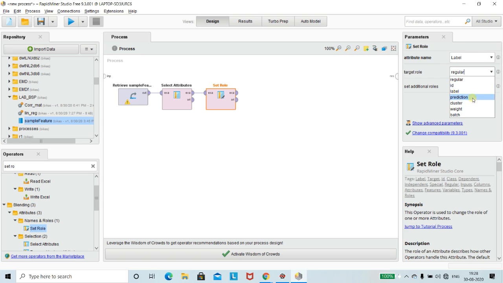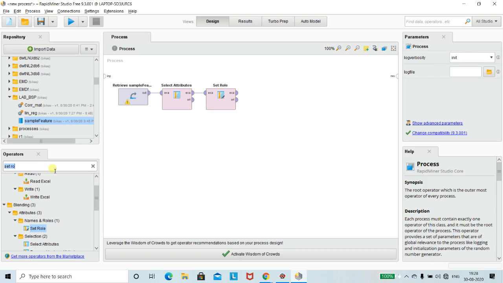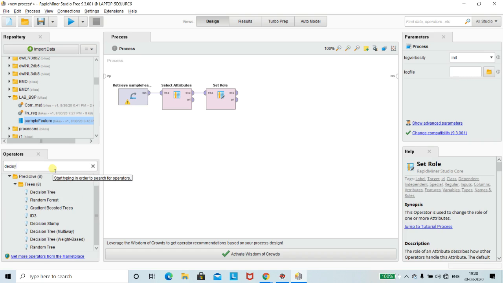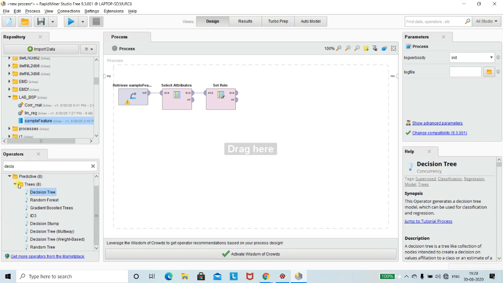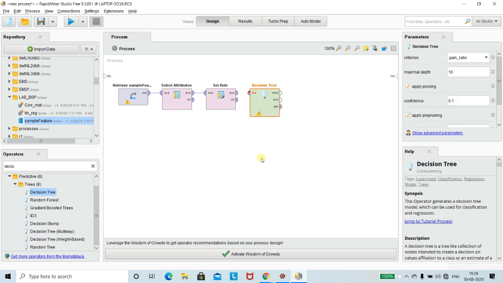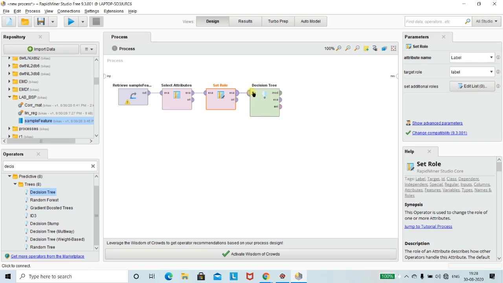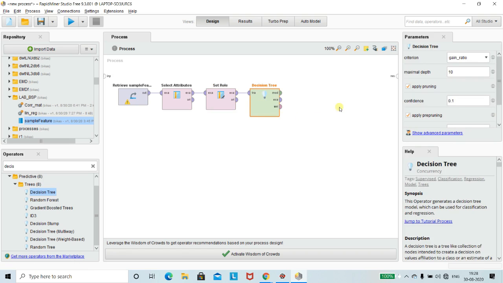Then take the decision tree. Okay, here we will see under the trees, predictive, under the trees we have the decision tree model. Just take it here, just connect it. So here you can see in the decision tree, so let me tell you about what is a decision tree. A decision tree works on a recursive partitioning. In that case, what happen, it will divide your data set into two groups based on some predefined conditions, and